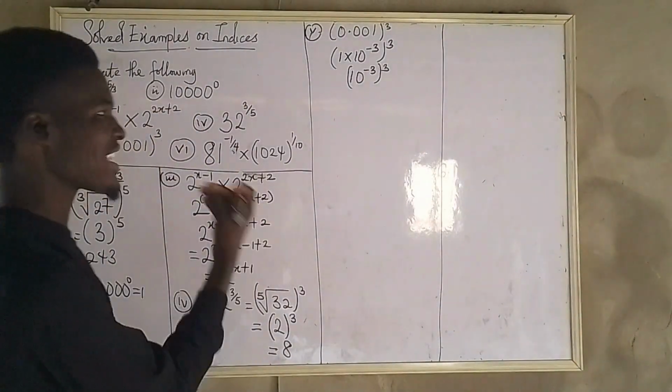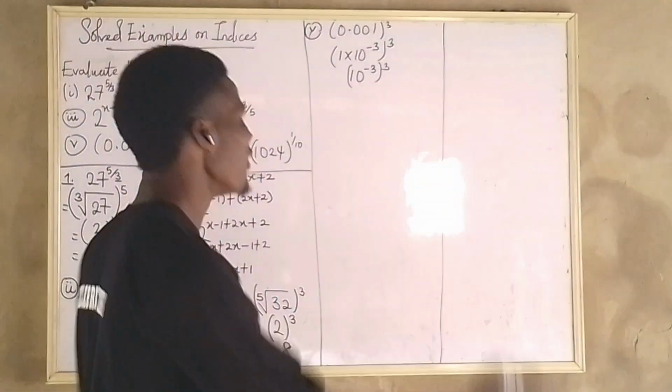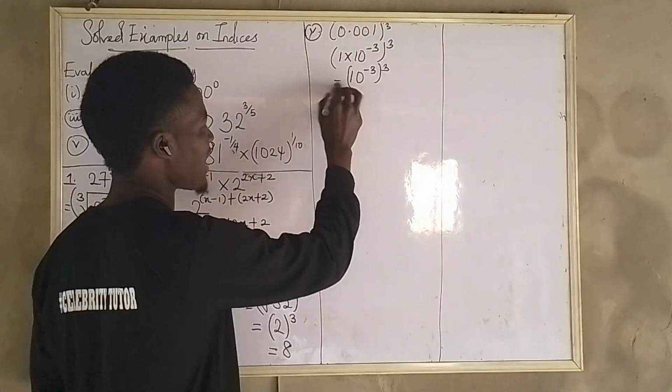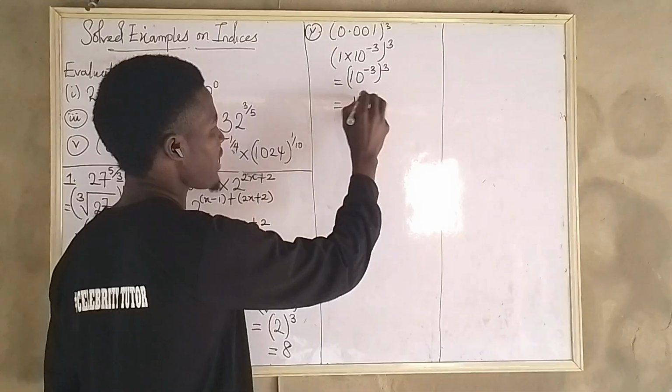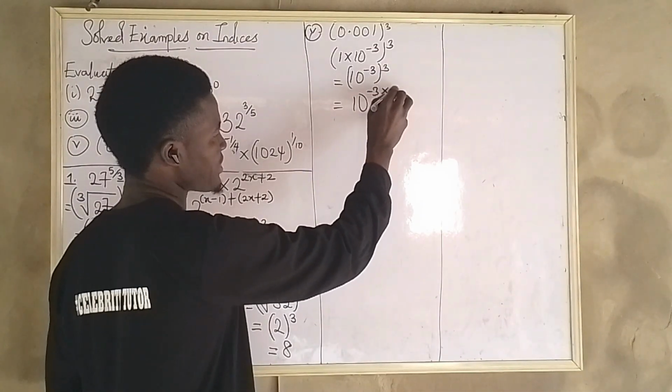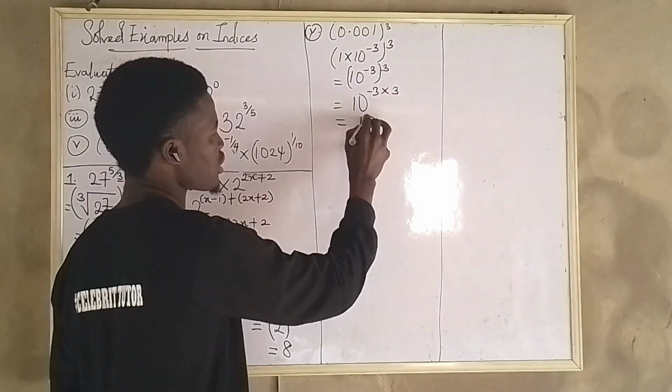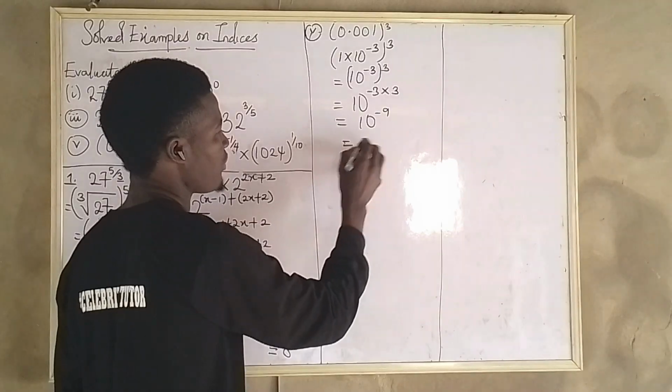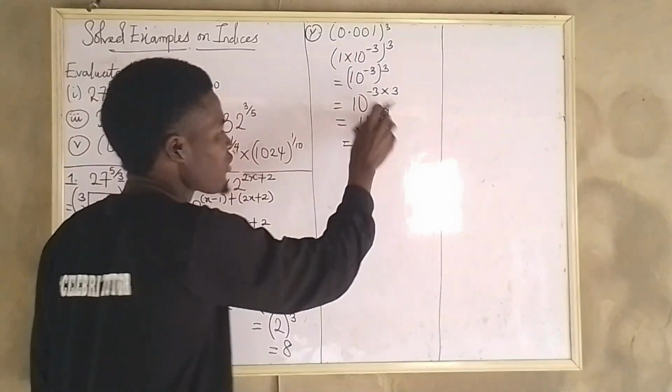Are you following now? You can see that has become power law. So what does power law say? Power law says that if I have something like this, it's going to become 10 raised to power minus 3 times 3, which will give me 10 raised to power minus 9. And that will give me what? You can see now, I have turned this one down to